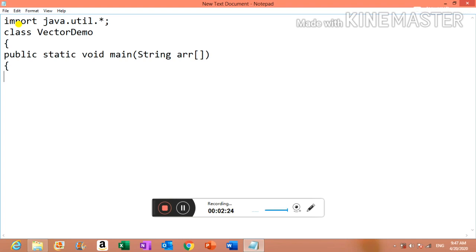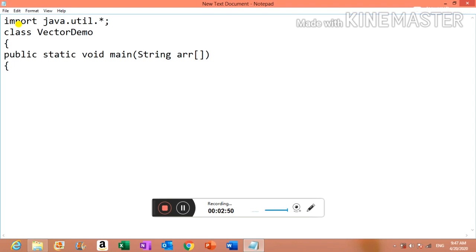Inside my main method, at first I am creating one vector object. If I create a vector object only, then I can store other objects into the vector object, right? So first I need to create one vector object. How many ways are there for creation of a vector object?